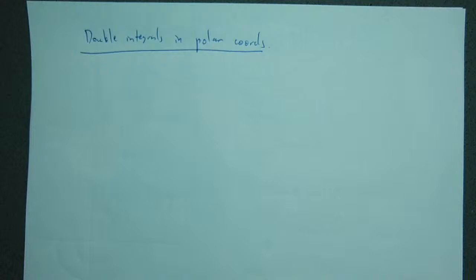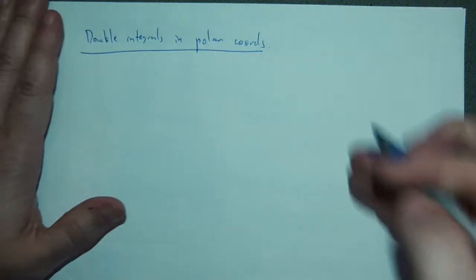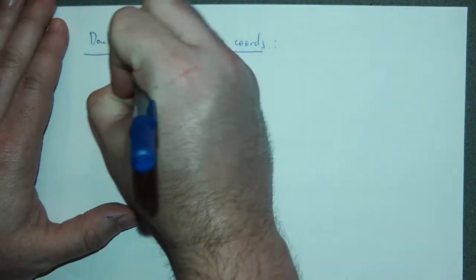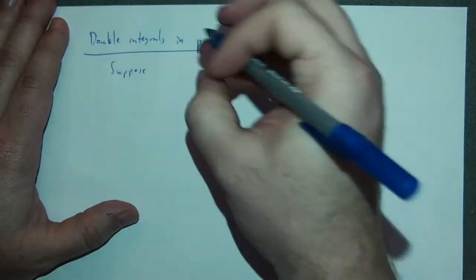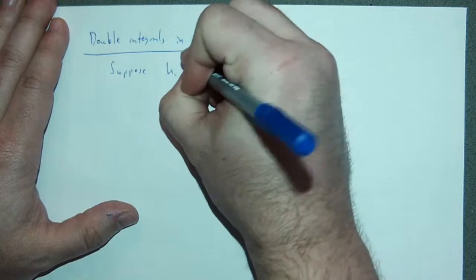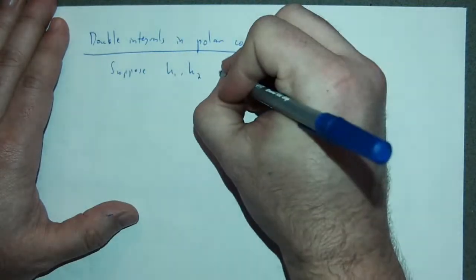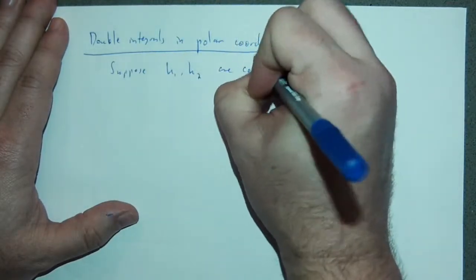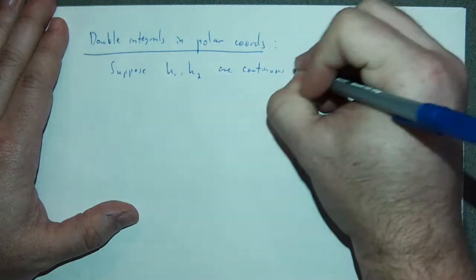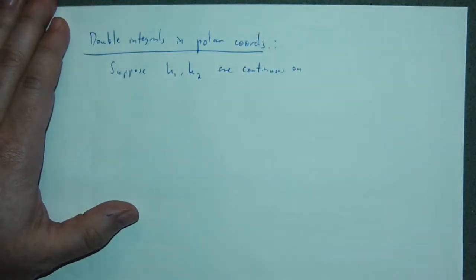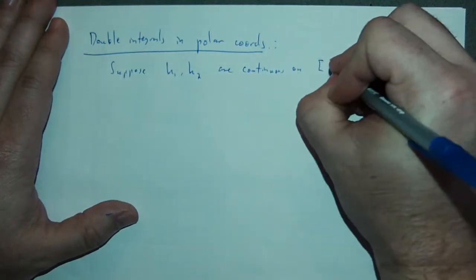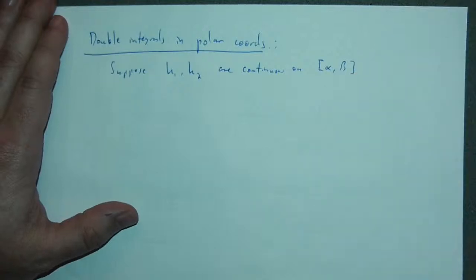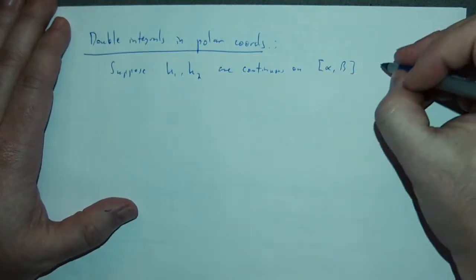So how does this work? So suppose that h1 and h2 are two functions that are continuous on an interval alpha, beta,